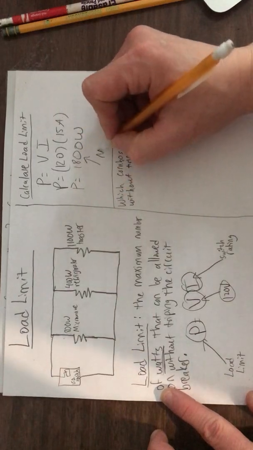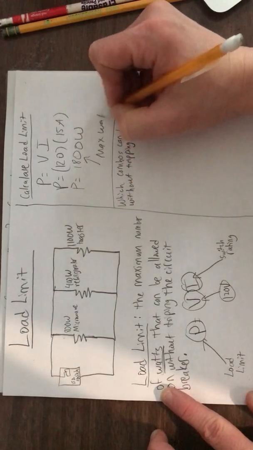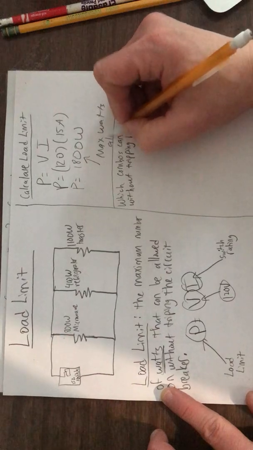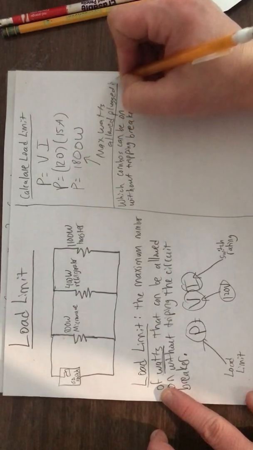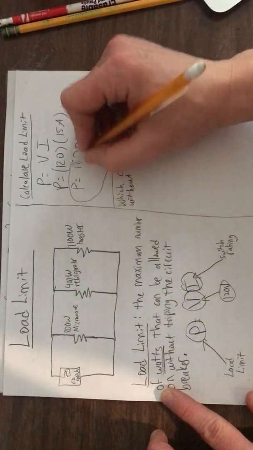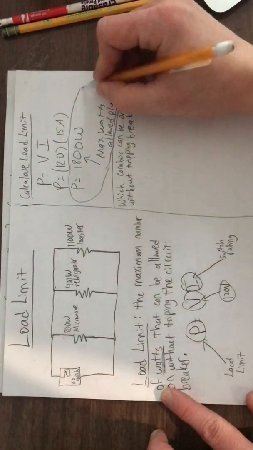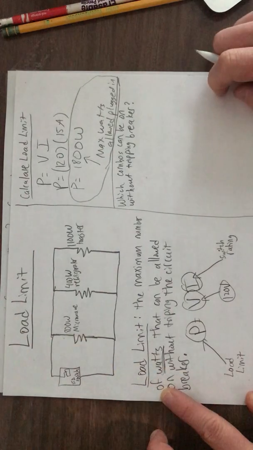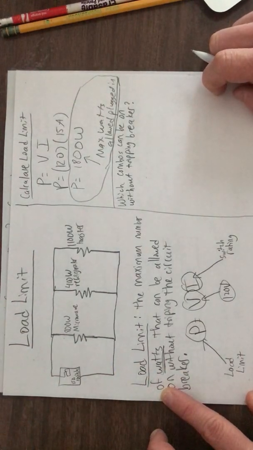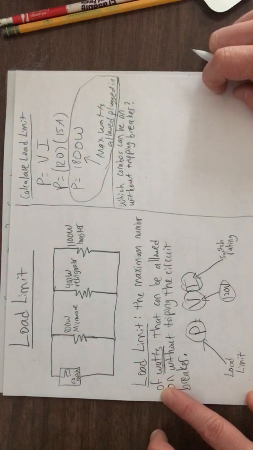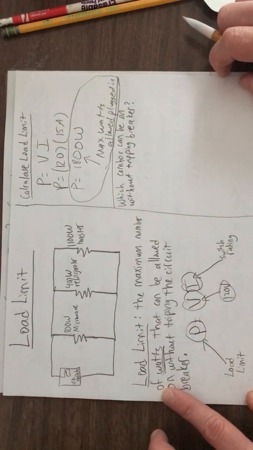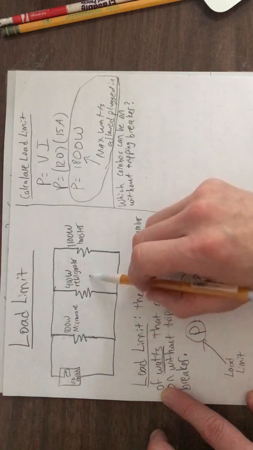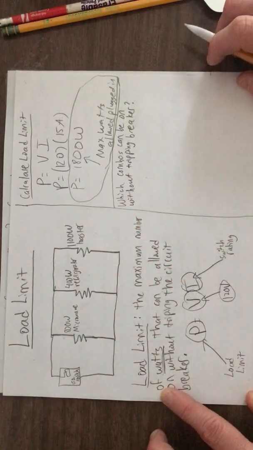So that's the max watts allowed plugged in. That's what the load limit is, okay? It's the max watts you're allowed to plug in before you trip the circuit breaker, okay? All right, so our question would be, what combos could we plug in without tripping the circuit breaker? What combination of these three? Well,